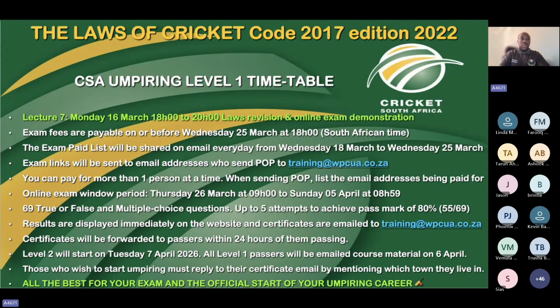Exam link emails, and we will look to see what those exam link emails look like. After this slide, I will be taking you through a click-by-click demonstration of how to start the Cricket South Africa Level 1 exam on Umpires Universe's website. Exam links will only be sent to those email addresses who have sent proof of payment to training@wpcua.co.za. A few candidates have been sending their automated proof of payment from the bank straight to